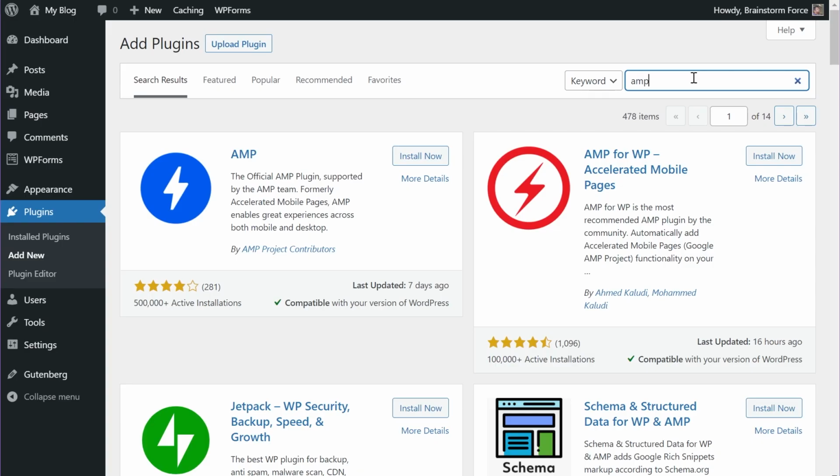So inside my website, I just headed into the plugins, the add new section, and I search for AMP. And coincidentally, the two plugins that we recommend are the ones that come up in the search results. The first one is the official plugin, and the second one is the plugin that we're talking about, developed by a third party. So first we'll install the first plugin, or the official plugin, and let's get started with that.